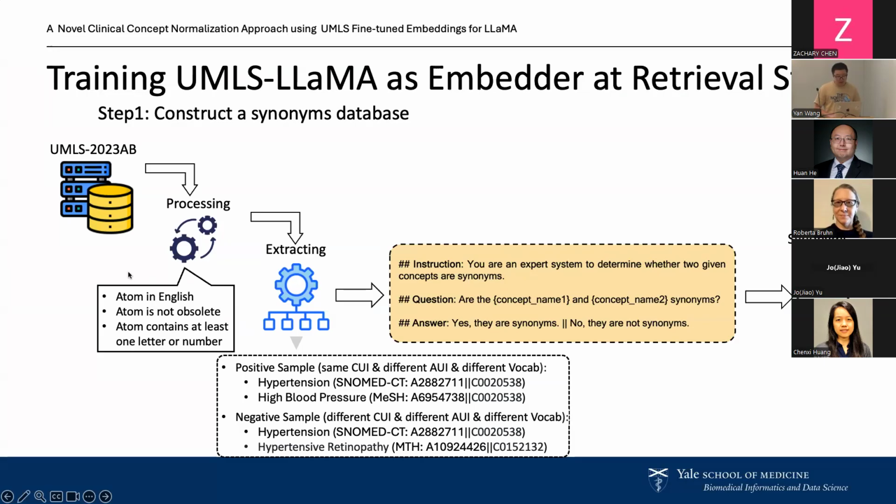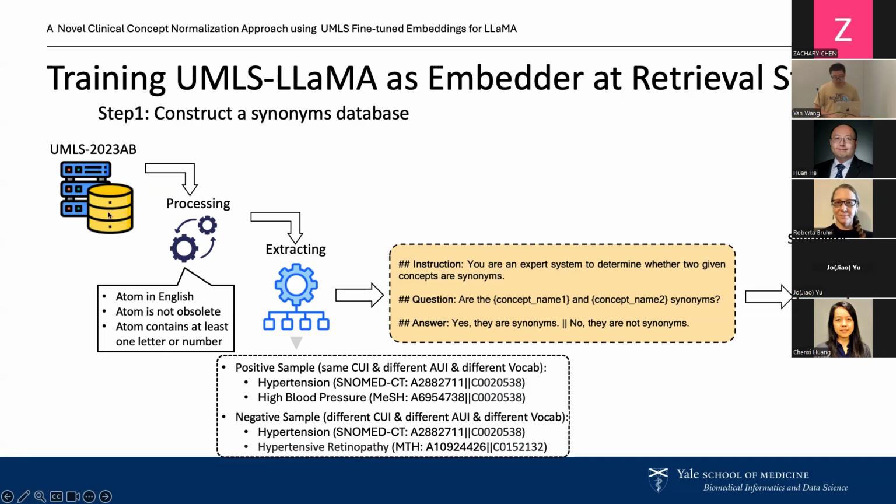Specifically, we use the UMLS 2023 AB version to filter concepts corresponding to 4 common semantic types, such as disease, diagnosis, procedure, drug, and measurement, and then construct an instruction tuning synonym data set to train UMLS-LLaMA as an embedder. More specifically, for the filtered UMLS 2023 AB data,